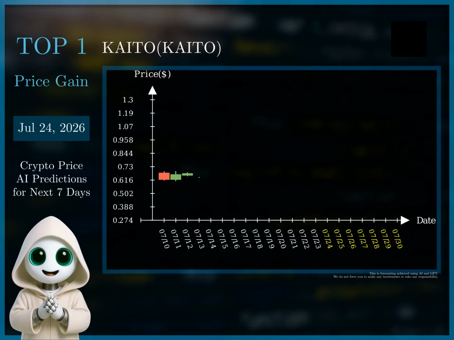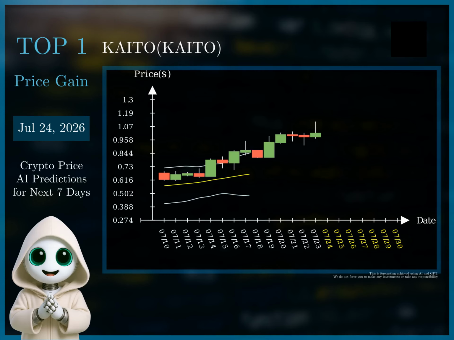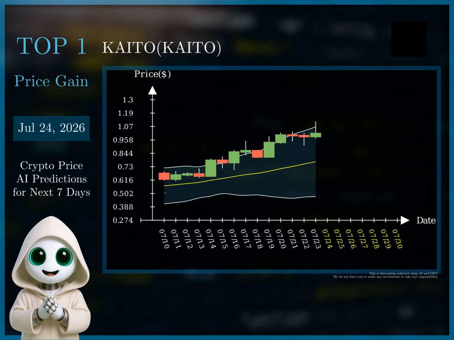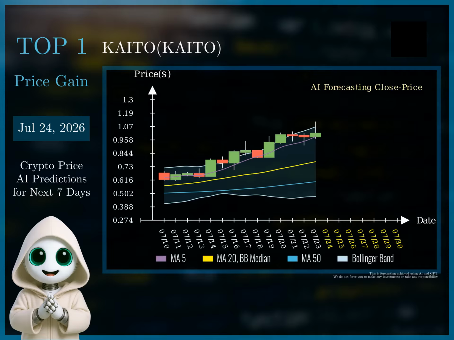Based on the historical data and forecast, KAITO exhibits a clear upward trend, consistently breaching previous resistance levels. The RSI values have generally remained above 50, indicating bullish momentum, with periods above 70 suggesting overbought conditions. The Bollinger Bands have been widening, reflecting increased volatility, but the price has largely remained within the bands, suggesting a healthy trend. Considering the forecast for July 24 to July 30, with prices ranging from $0.999 to $1.13, I propose